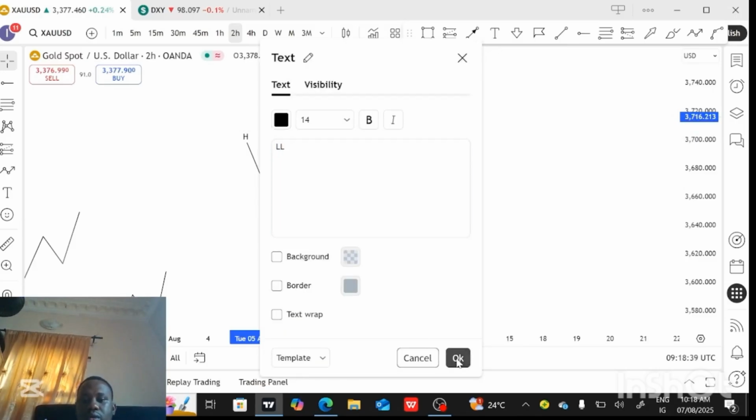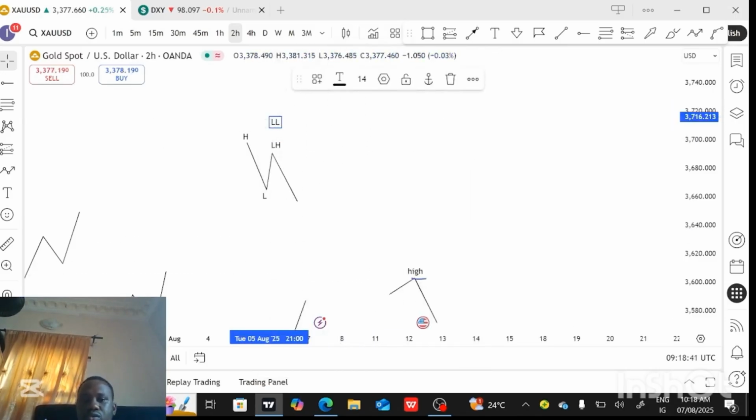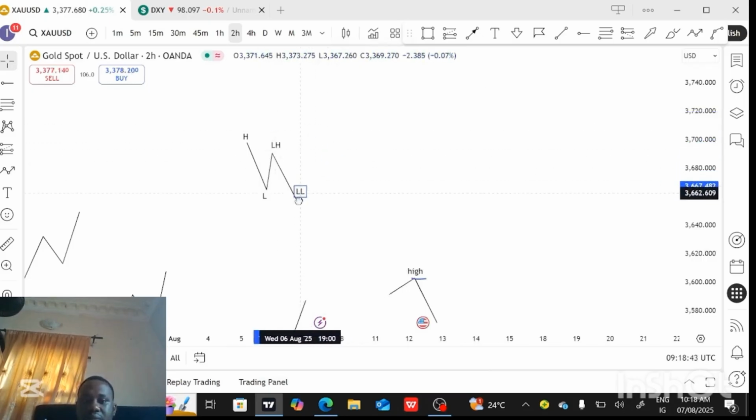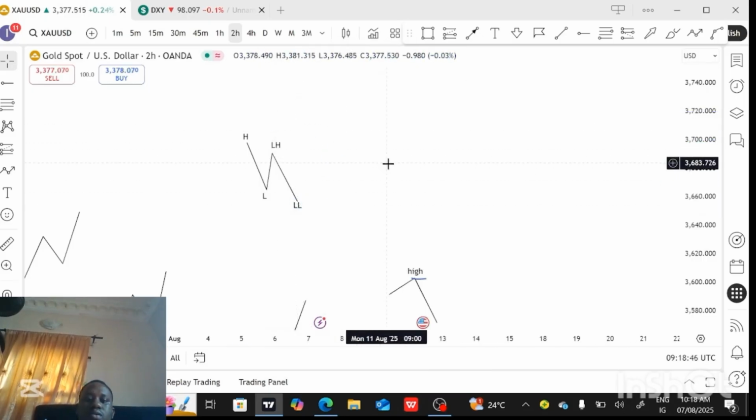This place becomes our lower low. So it's very simple to identify lows and highs of the market. This place becomes what? Our lower low. So like that, we'll have